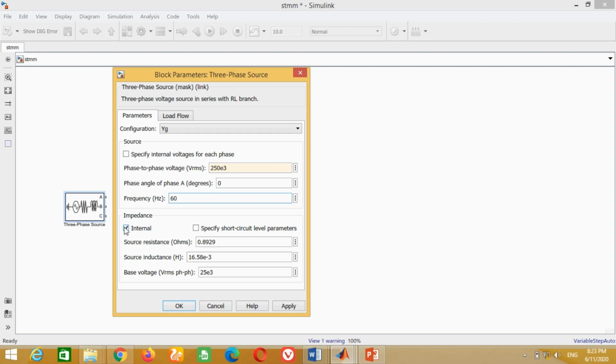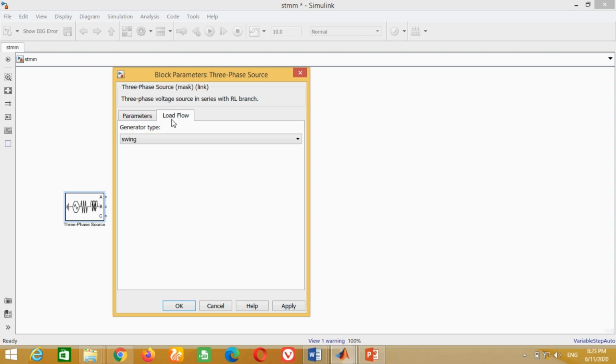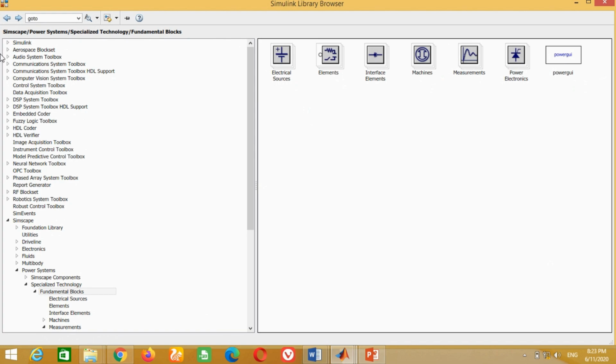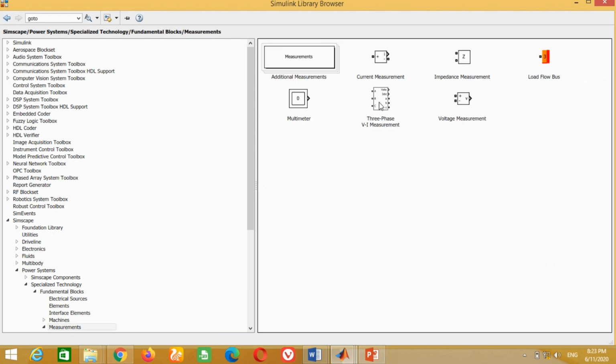As we are not going to perform short circuit analysis, uncheck this internal resistance icon. Click on the load flow and if it is swing, then keep it the same, otherwise change it to swing and click on OK. Now we have to measure the sending end voltage and current, so we need the 3-phase measurement block.